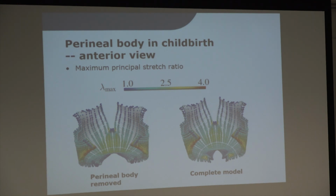Also, the absence of the perineal body affected the distribution of the maximum principal stretch ratio. So what we can see here first is that without the perineal body, there seems to be a bit more stress concentration at the caudal aspect of the levator ani muscle. And our intuition behind that was because